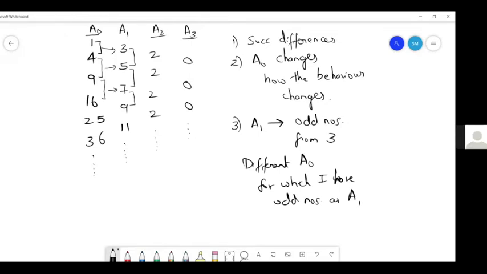Yeah, that is possible. If we add 1 to each number in A1, for example, 3 plus 1 is 4, so 4, 6, 8, 10 will give me 3, 5, 7, 9, 11. Right. Excellent. I mean, we can go back to A0 by adding something. We can add only if we are getting it by taking the difference, then we have to add some common number to each element of A1. Very nice. Each element of A0.